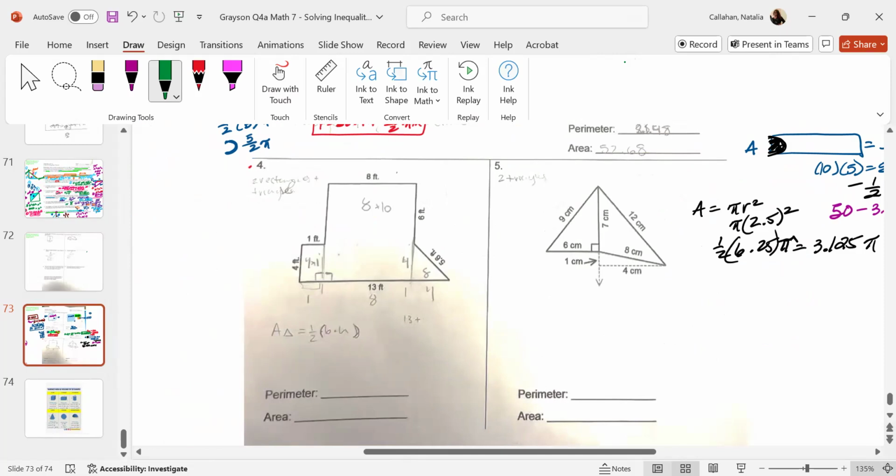Number 4. Let's try to add everything together. It's going to be this side plus that side plus the square side plus this side plus this side plus this side. Do you have all the sides given to you? Are there sides that we don't know about? What's this side right here? I think it's 6. So when we add everything together,